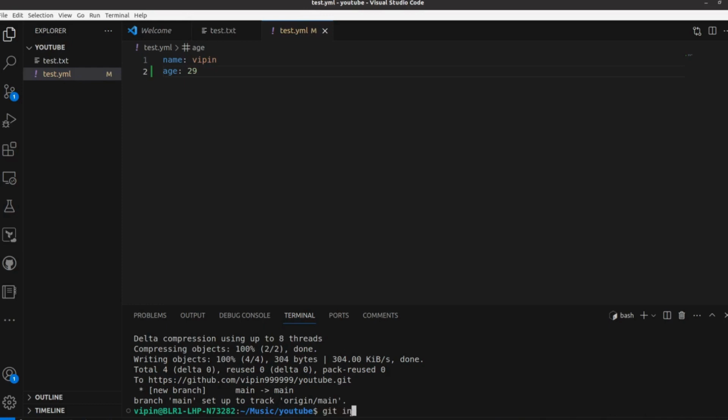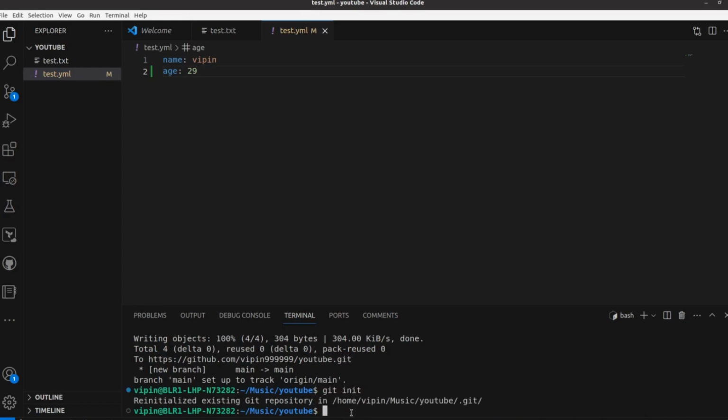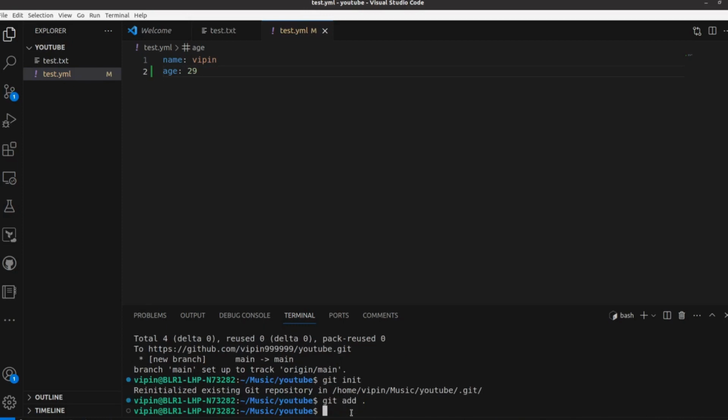First we have to run git init again, then git add, then git commit -m with our commit message, "added age of vpin".